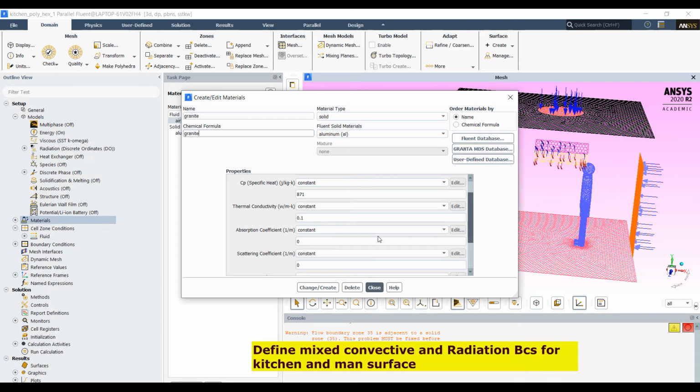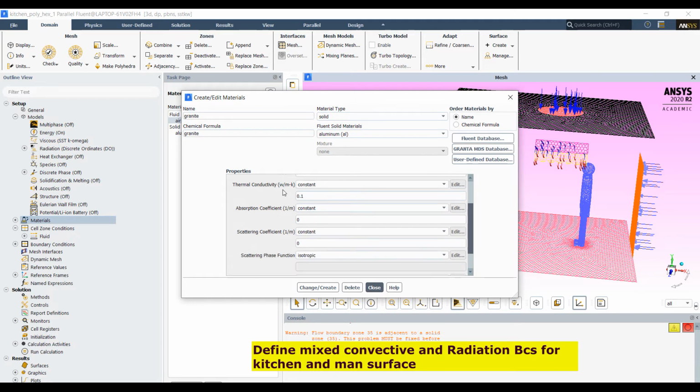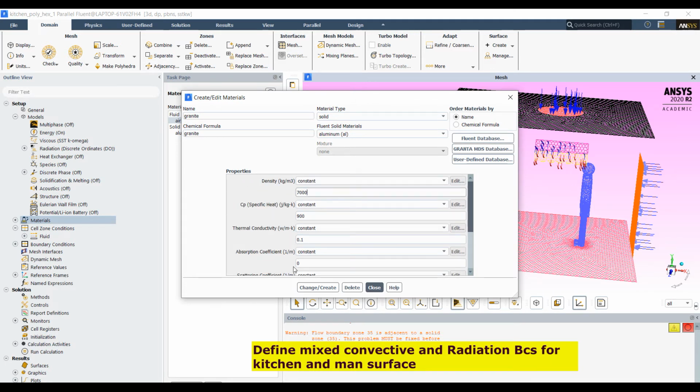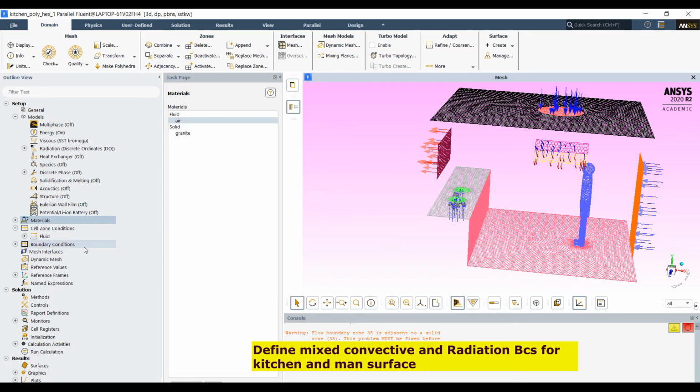I am not giving any absorption or scattering. Specific heat for granite may be around 900. Density is around 2,700 kg per meter cube, and I am using it as insulation. Then here I am overwriting aluminum. Close.